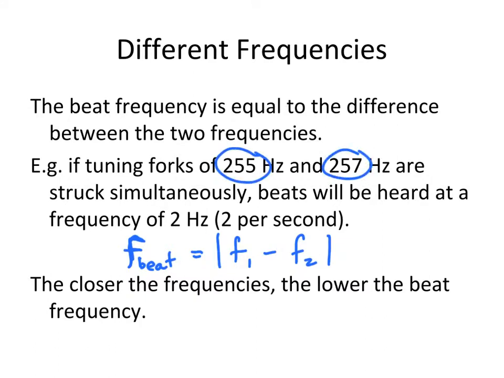So in this case, absolute value of 255 Hertz minus 257 Hertz. Oops, that's an absolute value. And we get 2 Hertz. The absolute value just means that if we get a negative, we ignore it. Your math teacher will give you a better definition, but